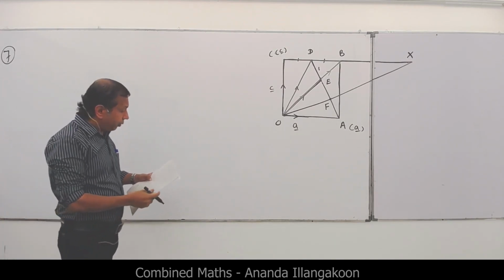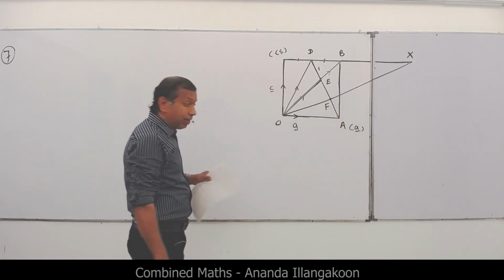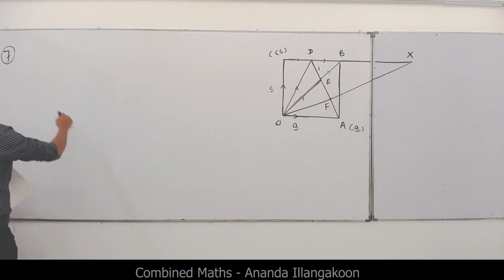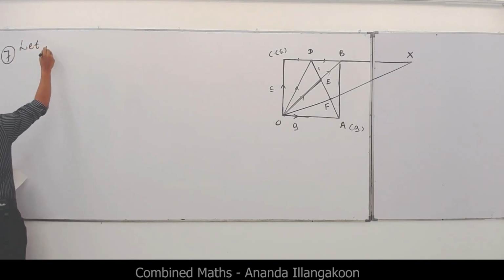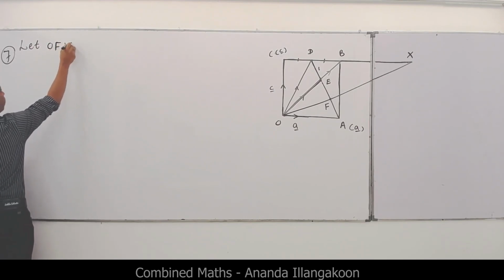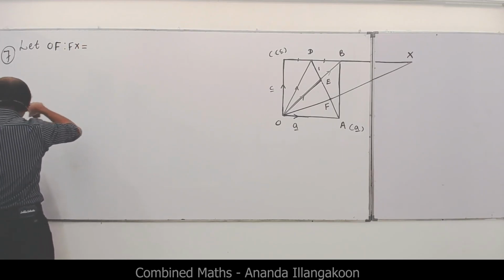Now I will take this way. OF:FX ratio I will assume as 1 is to lambda. Let OF:FX ratio be 1 is to lambda,